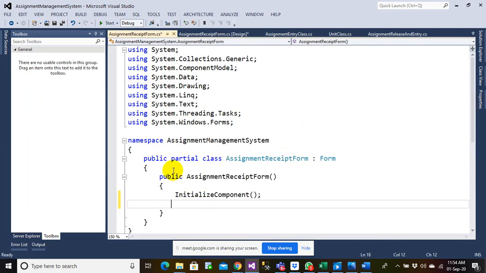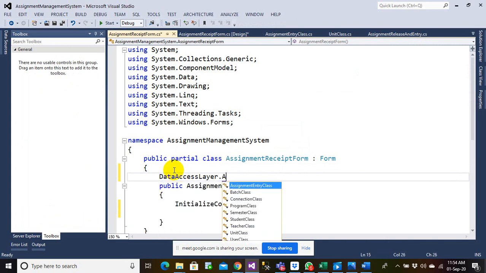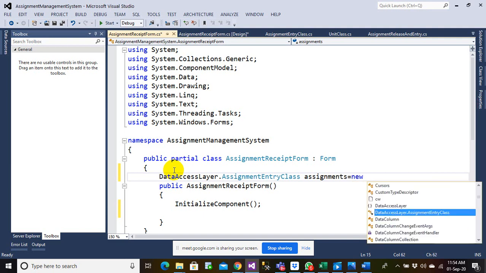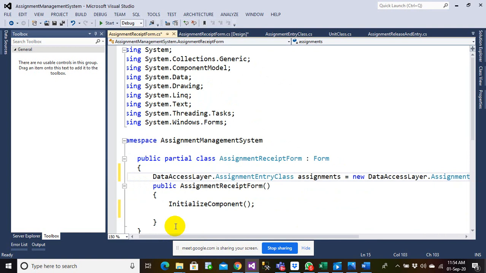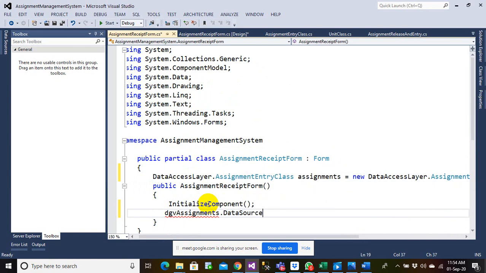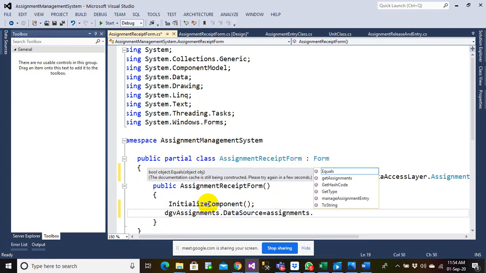So let me create an object for assignment tools. Assignments equals to, and here dgv details, get assignments.